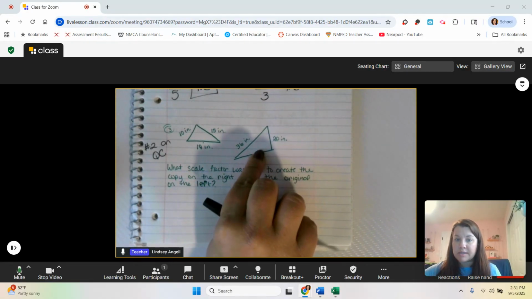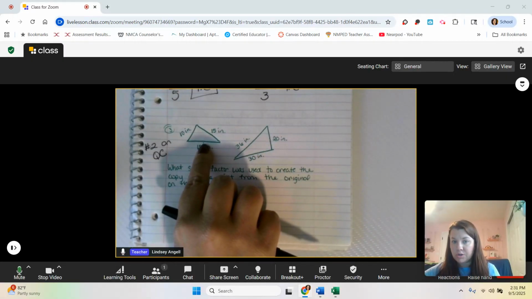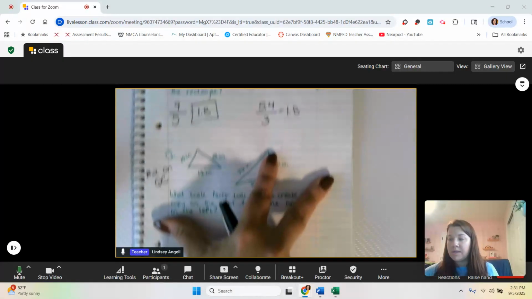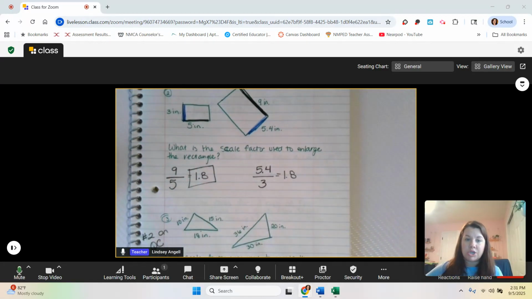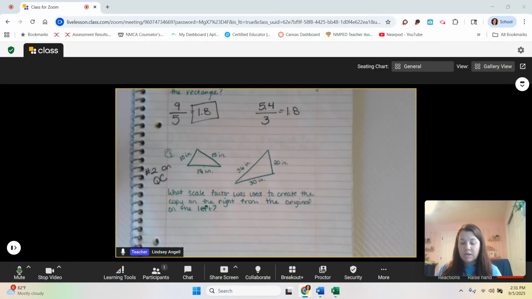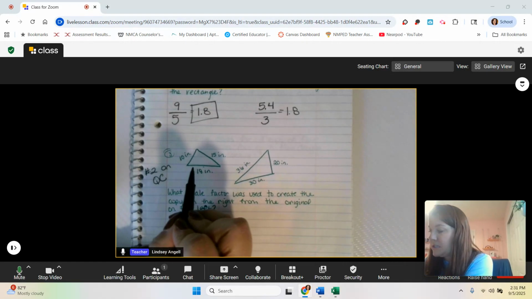So here's my second one, here's the original. Like the last one, we're going from a smaller to a larger. Now notice both of these triangles, they're not facing the same way. That's okay, but we still need to figure out